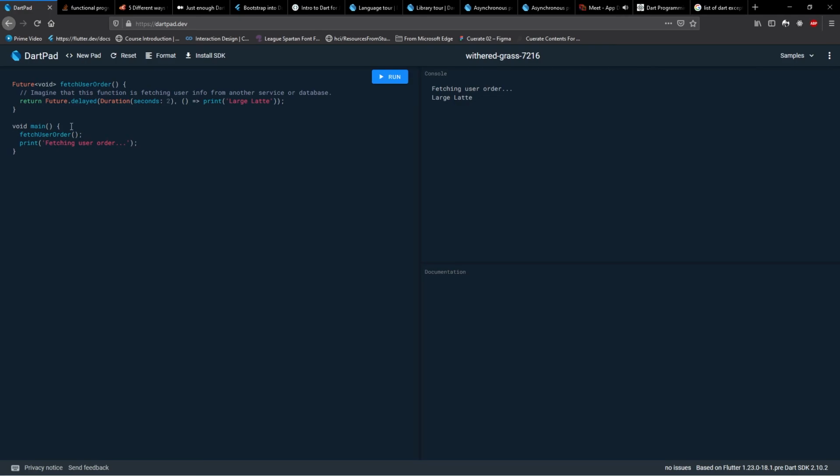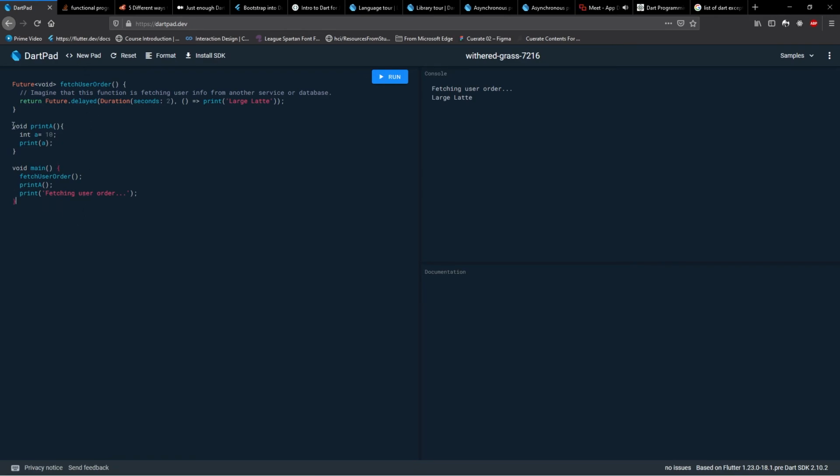For example, when I run basic functions, let's say print a: void print a, int a is equal to 10, print a.